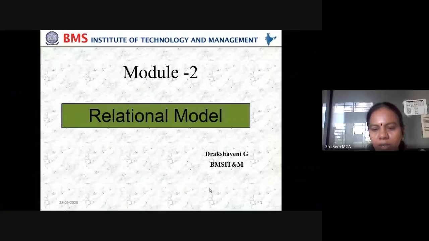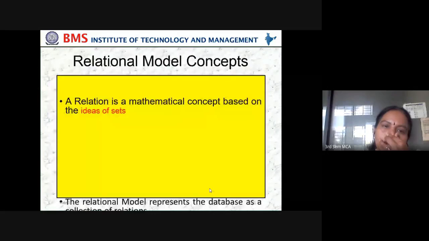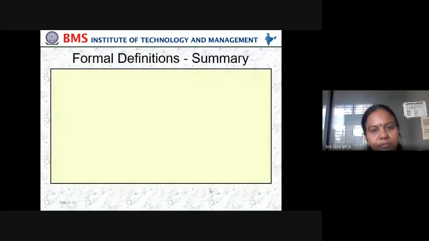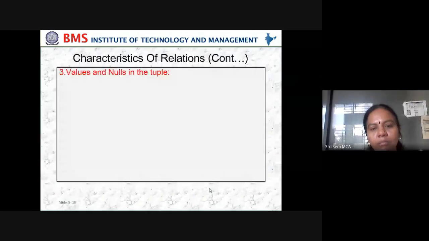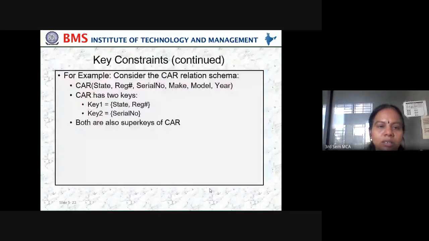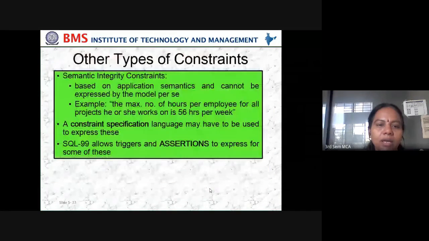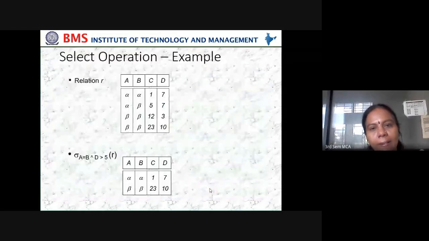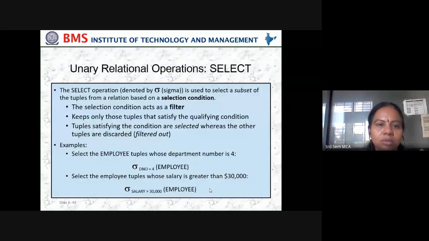Okay. So in the last classes, we have started with the second module and we were almost at the end. So I just wanted to complete the second module, then go back for the revision. Okay. So in this, what we have seen,